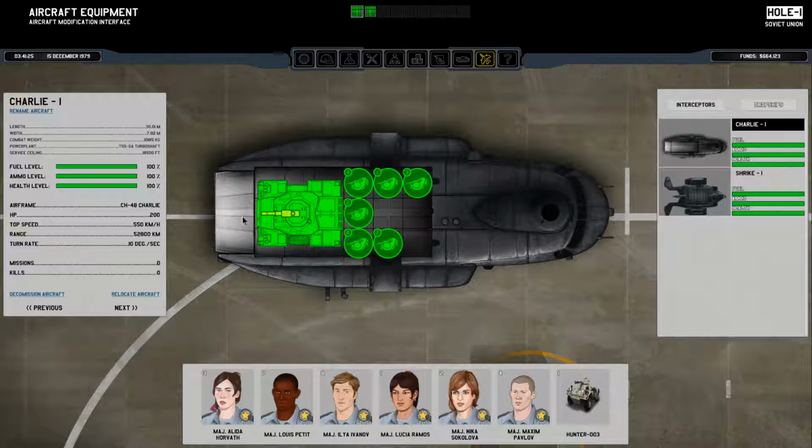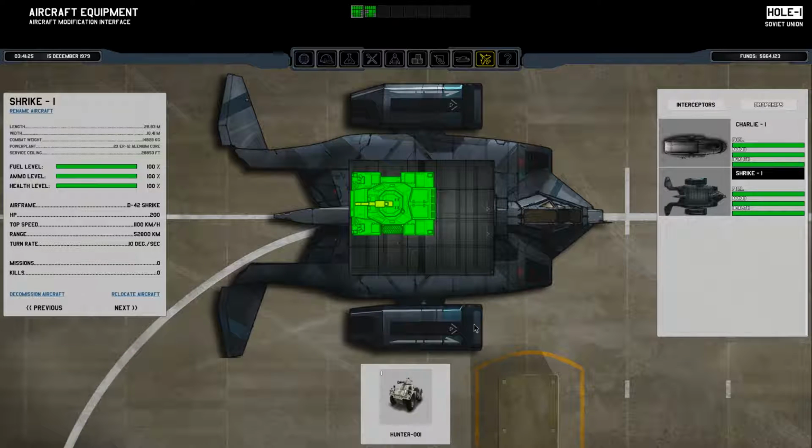So here we have a big door, and then we have the 2 smaller doors. What are the exits on this sucker? Are these the exits here? If that's the case, how does the scout car get out? I actually don't know where the exits are. All right, well, maybe the first mission we send this guy out, we'll just have to...